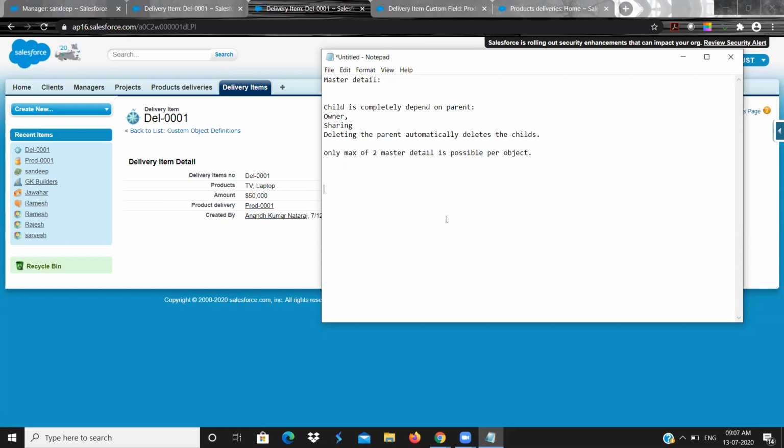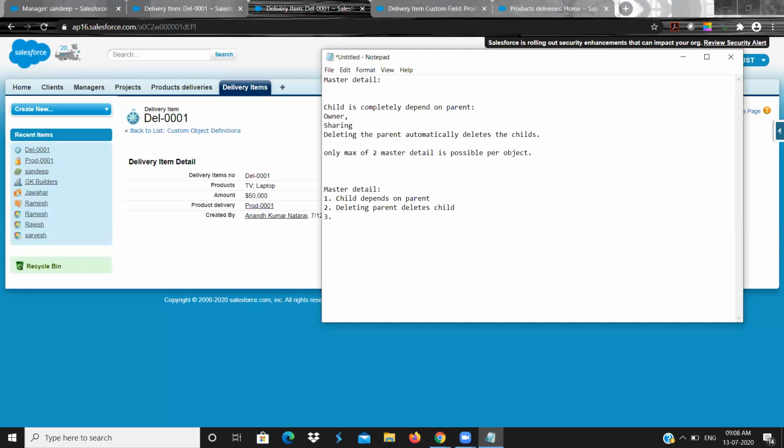No doubts, Sujay. Okay, so today we have seen master detail relationships. First, in master detail the child depends on the parent. Second, deleting the parent deletes the child.